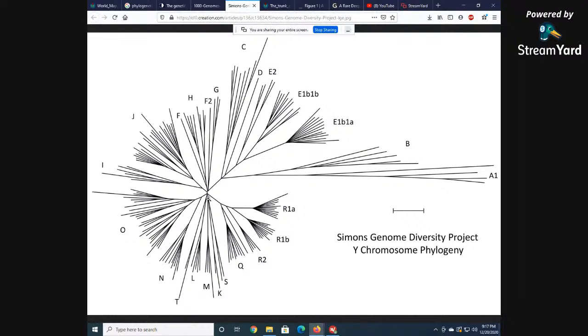It's just not possible because you're ID'd as having come or belonging to a certain tree. So whatever your Y chromosome is, that's who you are. If you're European, you have an R or Y chromosome, then you belong to the Japhethite family tree, paternal line family tree. If you have another one, an I, a J, or a G, you belong to the Semitic family, paternal family tree. If you have a C or Y chromosome, which many people do